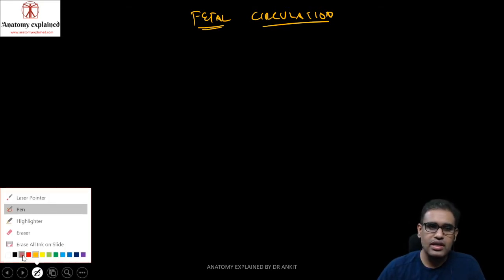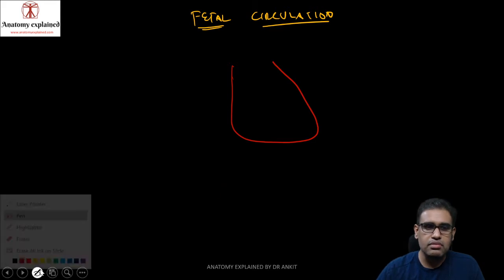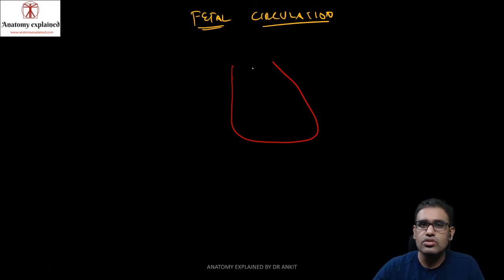So let us now try to understand what this fetal circulation is all about. Let us try to make the fetal heart over here, having a few chambers which are divided by septa. Between the two atria, we have the interatrial septum, which has a foramen ovale formed by the septum primum and the septum secundum. So this is the foramen ovale over here. Here we have the division between the RA and RV, and here the division between the LA and LV, and below we have the membranous part and the muscular part of the interventricular septum.